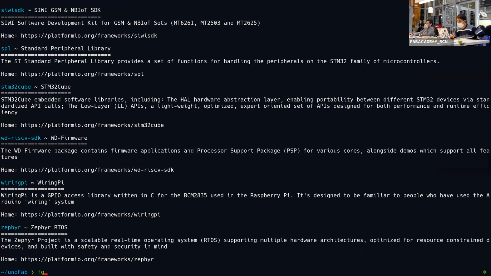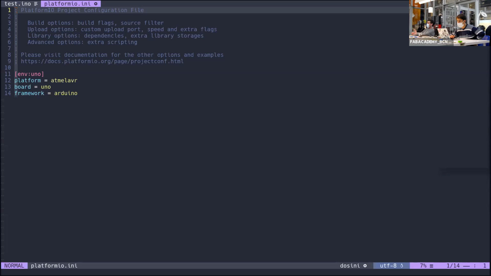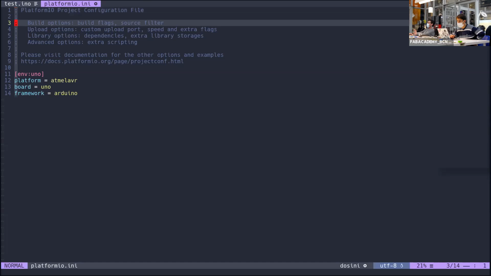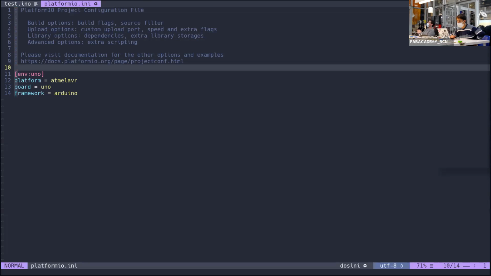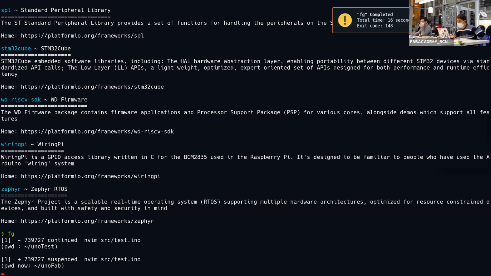Now, once we define this, PlatformIO knows everything it needs to know to compile our code. So we can just write the code in a file and compile it. Later, after doing that, I'm going to show you the library manager. Okay, so